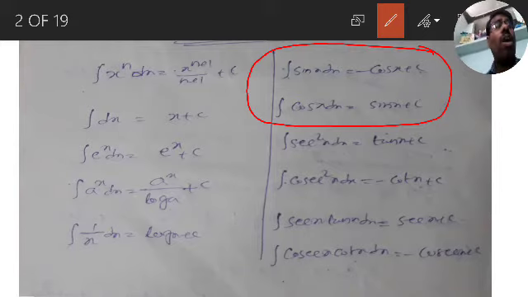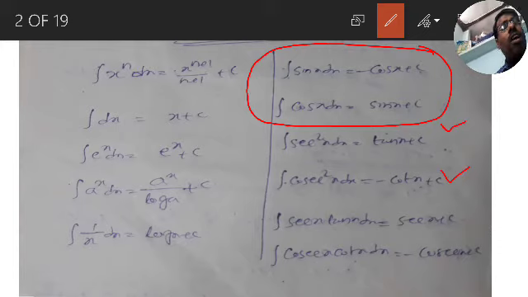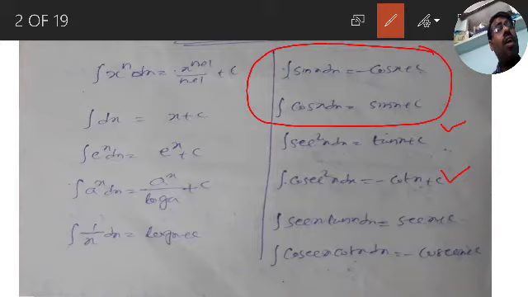Now up to now we have only integration of sin x and integration of cos x. Not only sin x, integration of sin ax plus b or cos ax plus b, like that, by using the substitution method. One by one they come. Up to now, in standard formulas, I gave integration of sec square, integration of cosec square. You can find integration of tan square, integration of cot square, and integration of sin square and cos square.